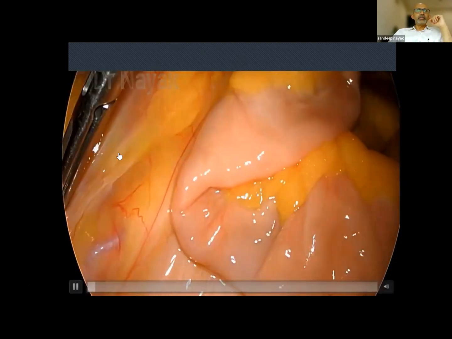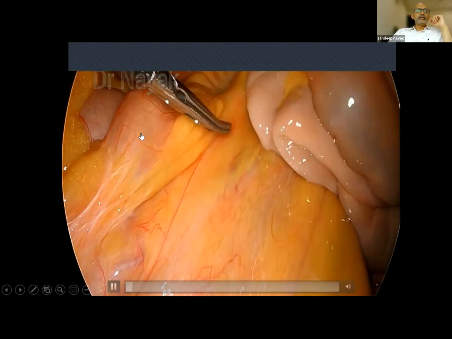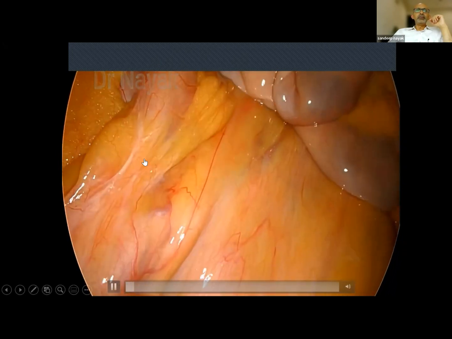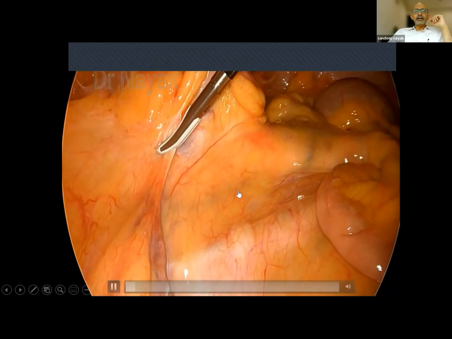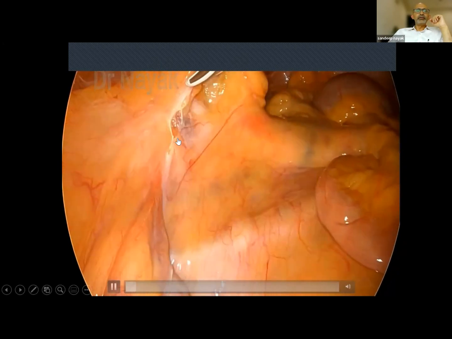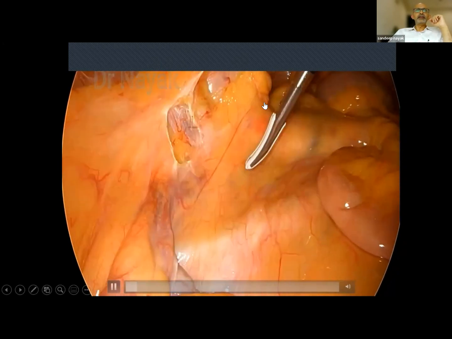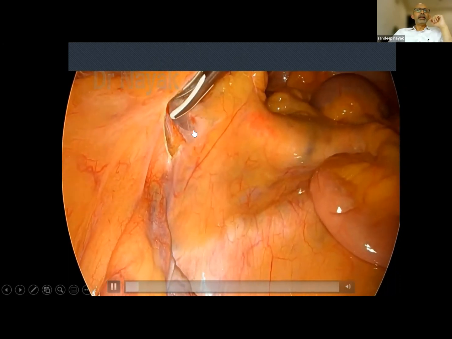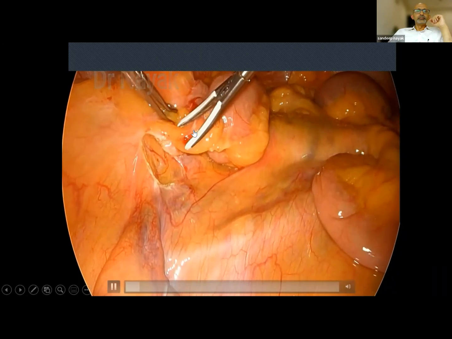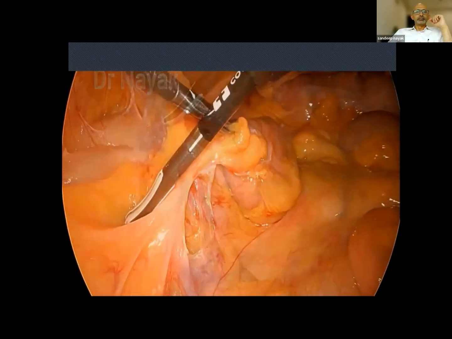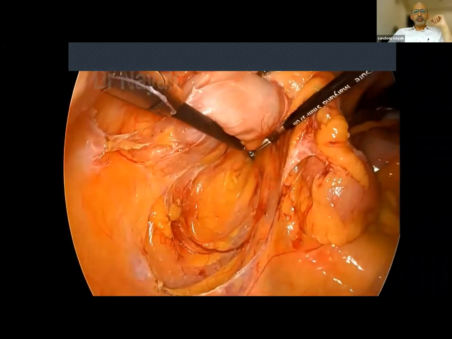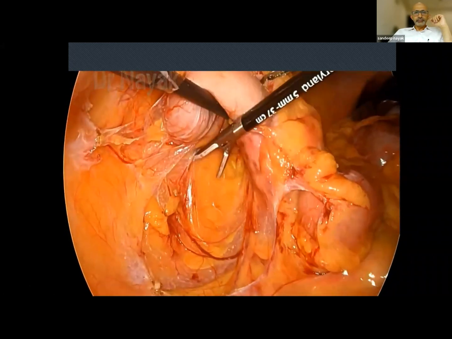Now this is the ileocecal junction. You can see the ureter here, and I start the dissection. This is the ureter. Start the dissection by lifting the ileum, going into the retroperitoneal plane. So once you go into the retrocolic plane,